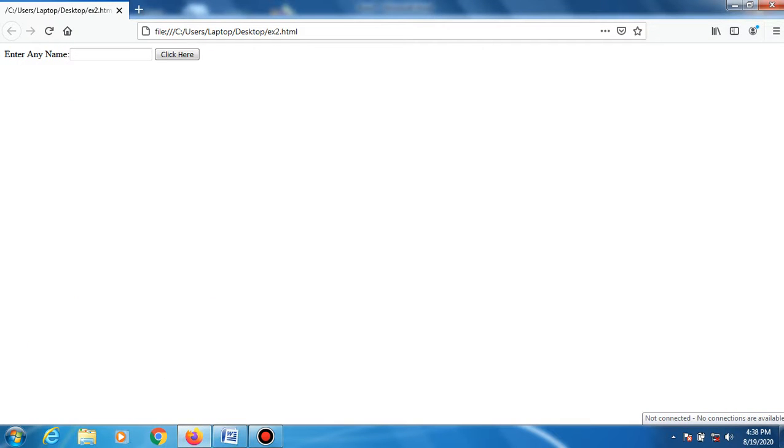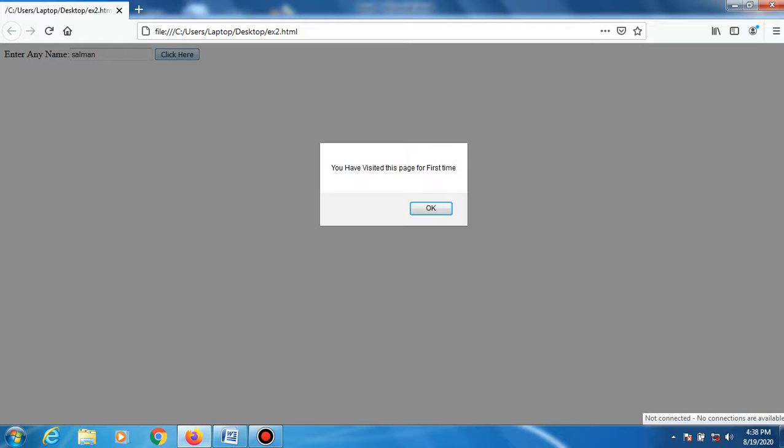For example, you type the name as Salman. When you click the button, you get the alert message: you have visited this page for the first time.